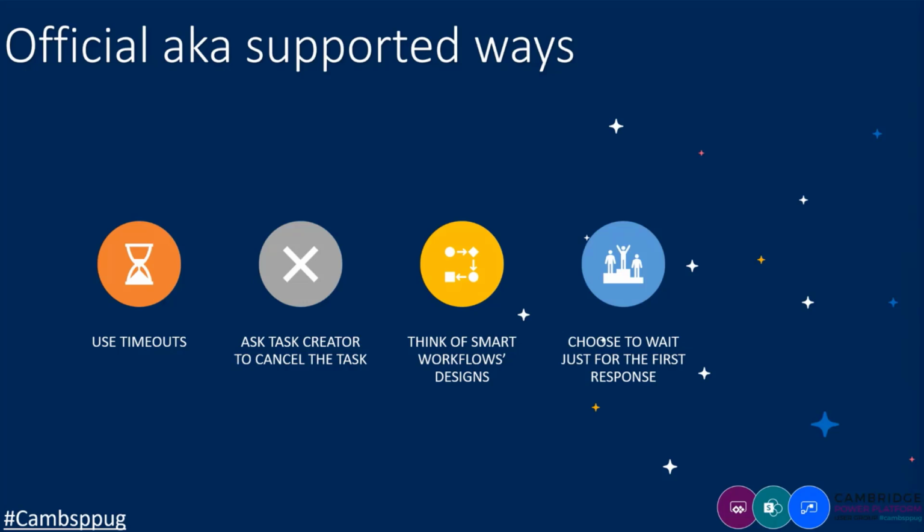Another way would be, as mentioned, to wait only for the first response, not all responses. So if you have a task which actually does require a lot of responses, maybe it's better to, for example, create multiple tasks, and in every task put 2 or 3 assignees, counting that they will be on site and available for the responses, rather than assigning a single task to like 10 assignees and waiting for all these 10 responses, because it's always harder to get everyone to respond.